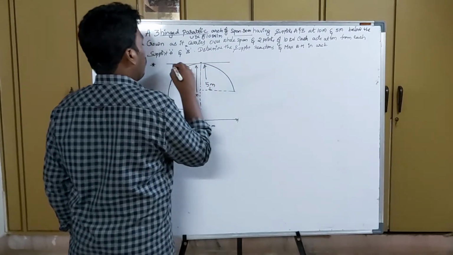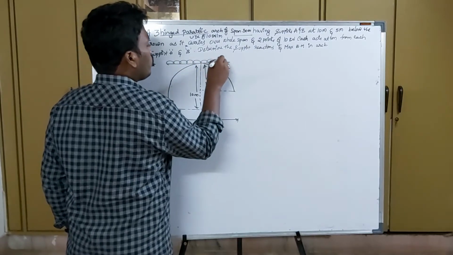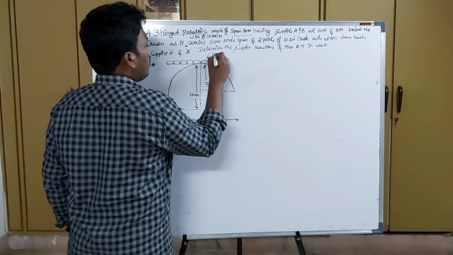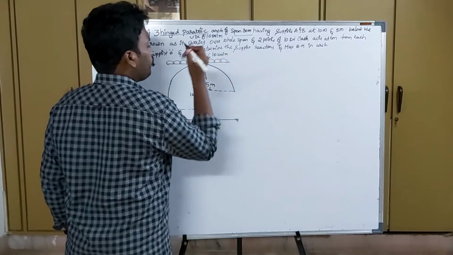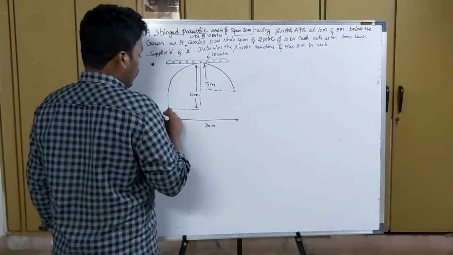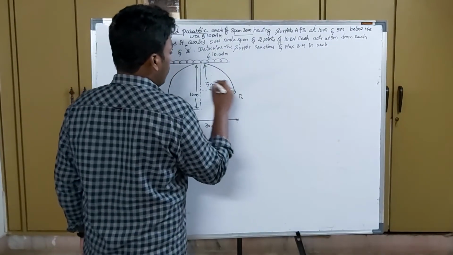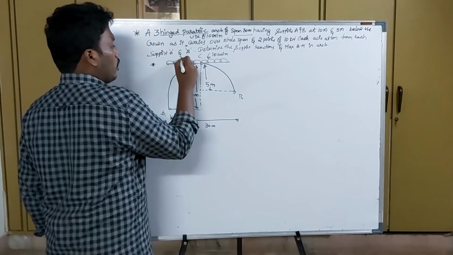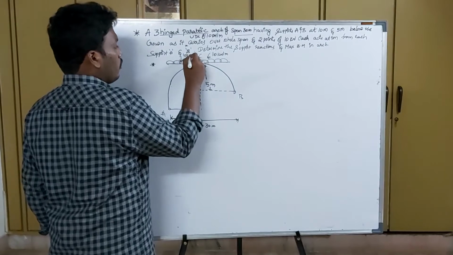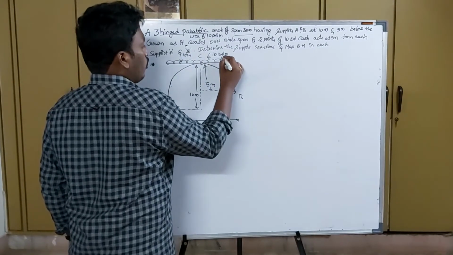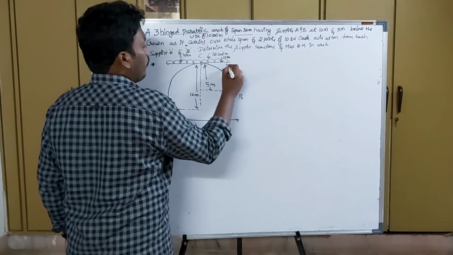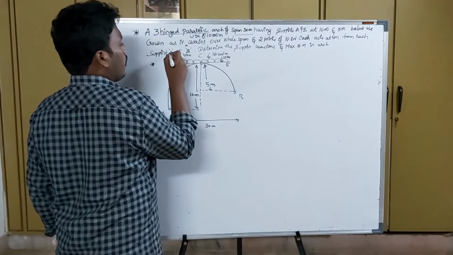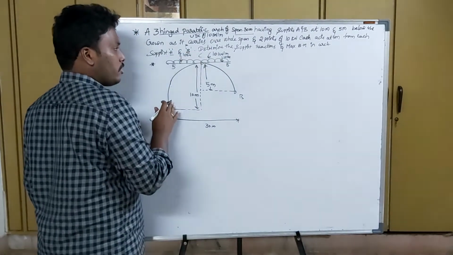Throughout the span a uniformly distributed load acts, they said, of 10 kilonewton per meter, and at the same time this is A and this is B and this is C. From A a 10 kilonewton point load acts, and from B also a 10 kilonewton point load acts, at 5 meters and 5 meters from the support A and B, as mentioned to us. So now,